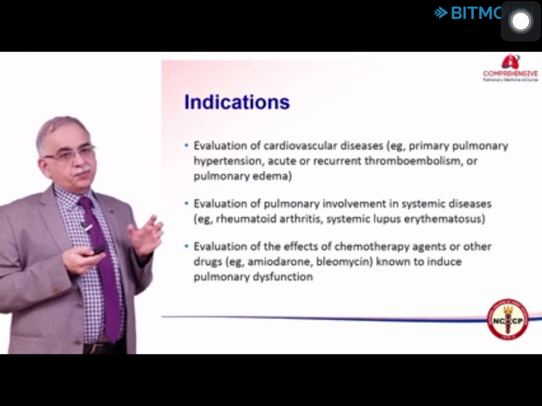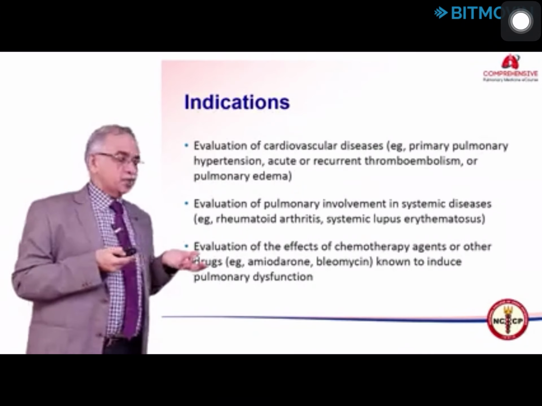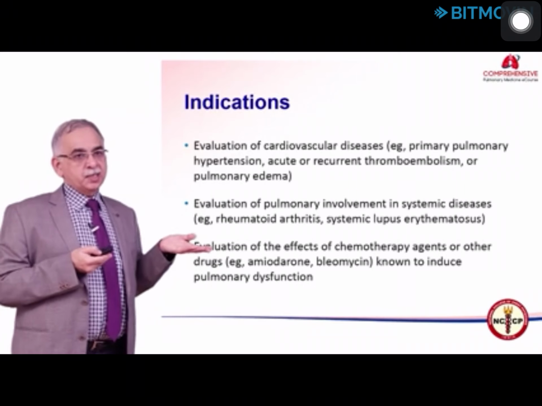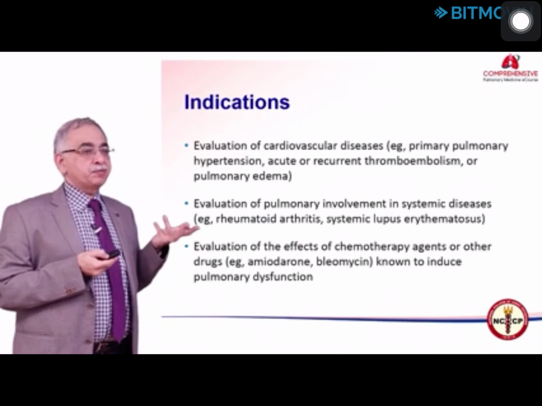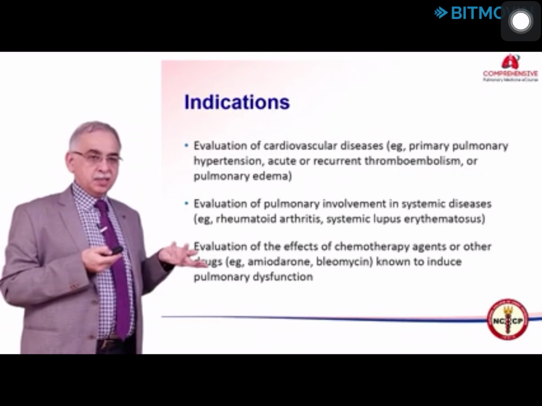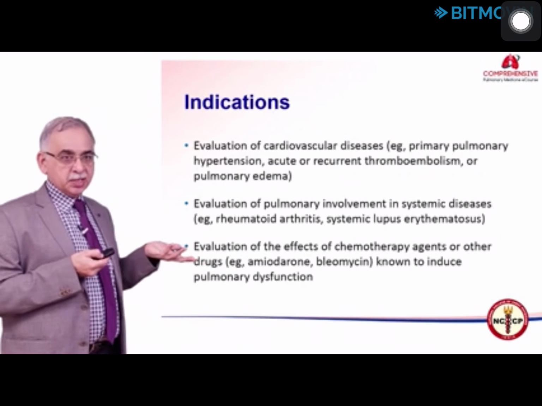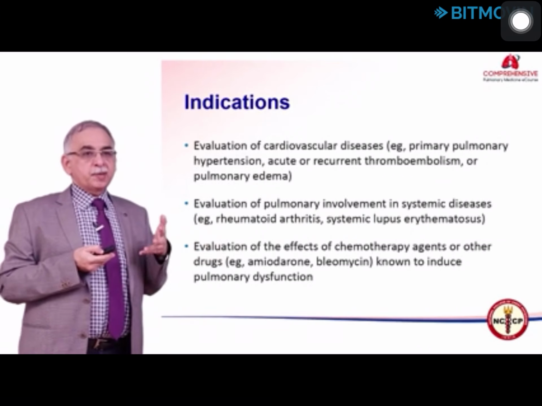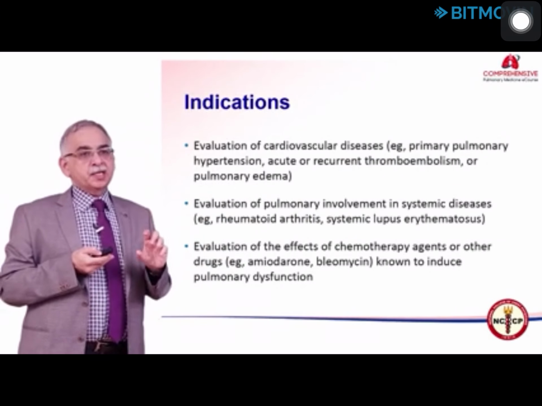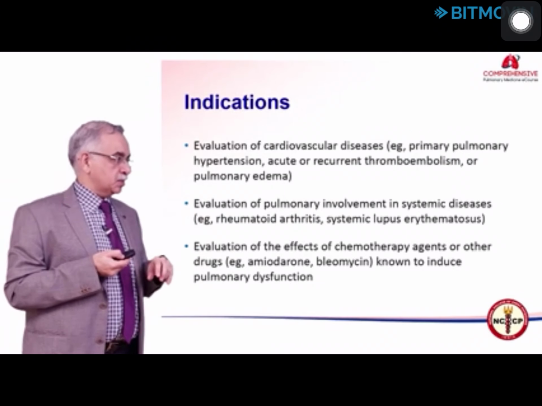There are diseases of connective tissue like rheumatoid arthritis or SLE, which may involve the lung, and the patient may not be symptomatic. Very often this is the first change which occurs in the lungs, the change in gas exchange properties. So, if a patient has a systemic connective tissue disorder, then a diffusion capacity measurement will give an early indication of pulmonary involvement in these conditions.